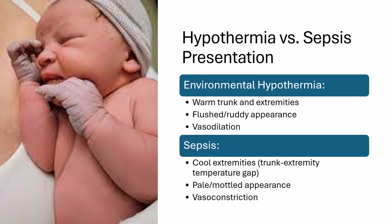This is a critical distinction that appears on the exam: how to differentiate between environmental hypothermia and sepsis. With environmental hypothermia, you'll typically see warm trunk and extremities, a flushed or ruddy appearance, and vasodilation. In contrast, sepsis typically presents with cool extremities, creating a temperature gap between the trunk and extremities, a pale or